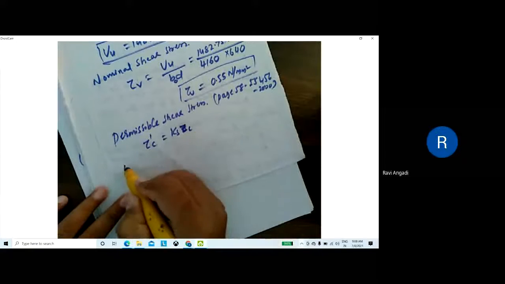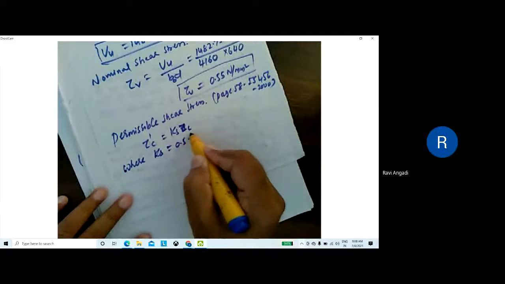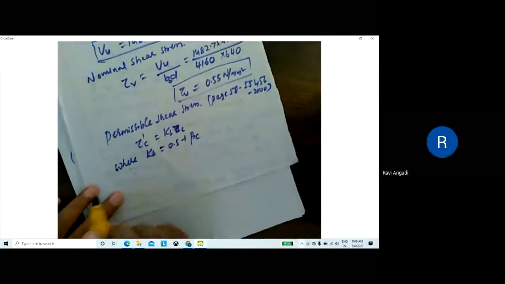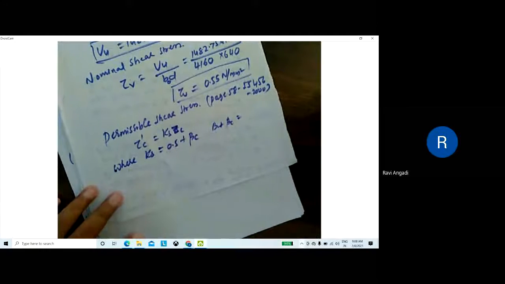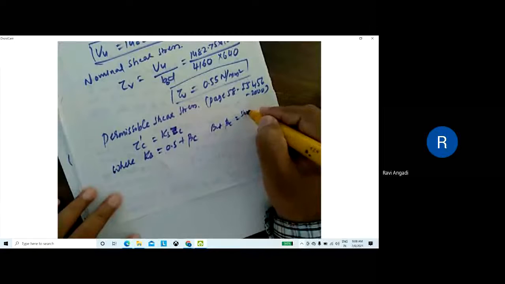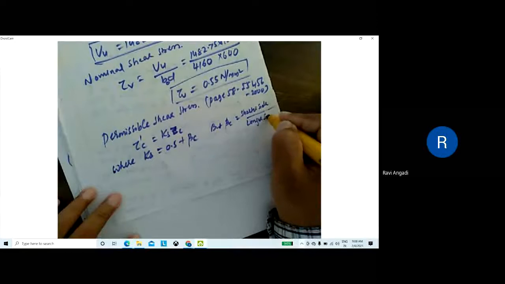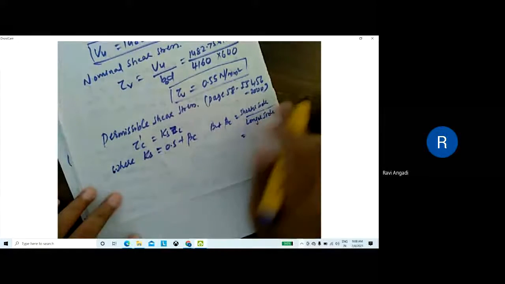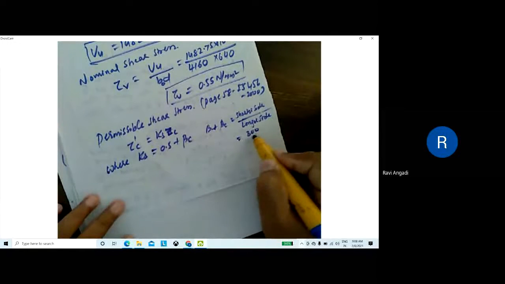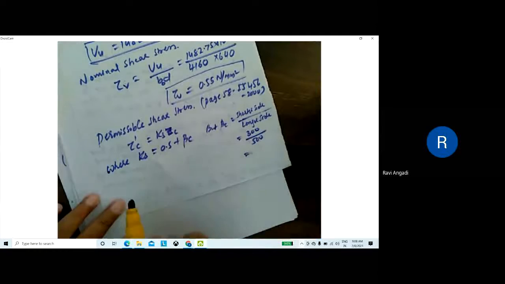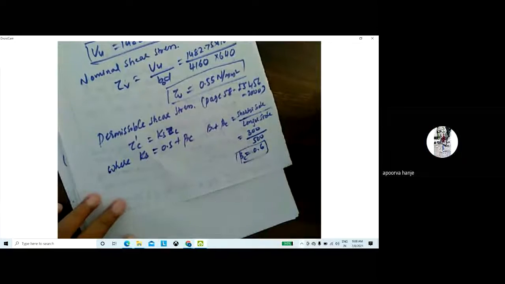Where Ks is given by 0.5 plus beta c, but beta c is to be taken as the shorter side of the column to the longer side. The shorter side of the column is 300 divided by 500, so beta c is 0.6.